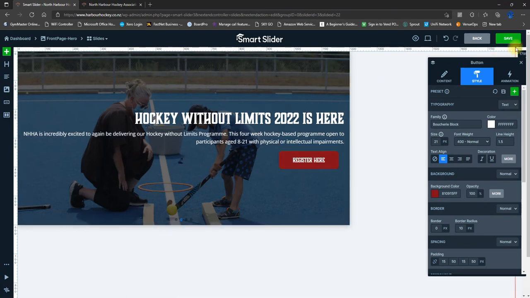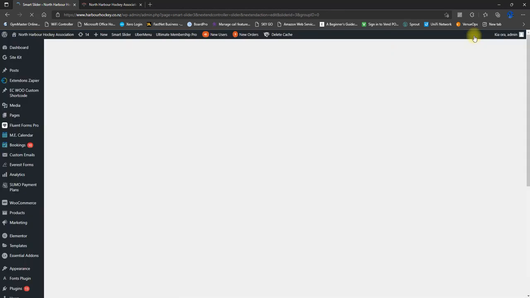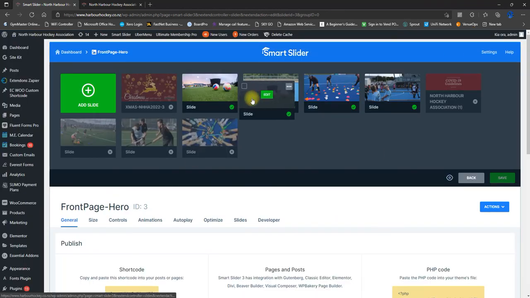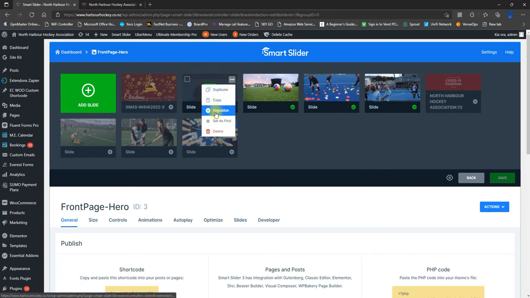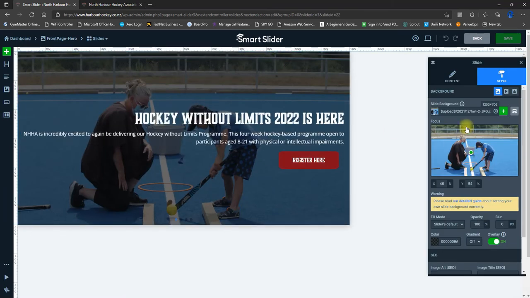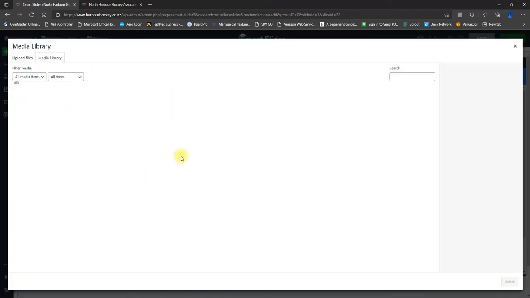These are the images. When you're finished with it, you hit save. You can go back to the slider and you can actually reorder them just by dragging them. And that's it. Generally speaking, when you want to change an image, just duplicate this one and then edit it as we saw in the options before. We simply change this image here. So we'll click out of that and we would go to a new image, pick